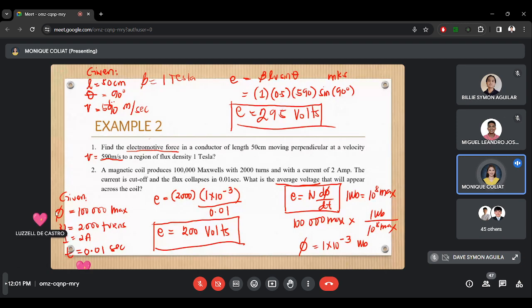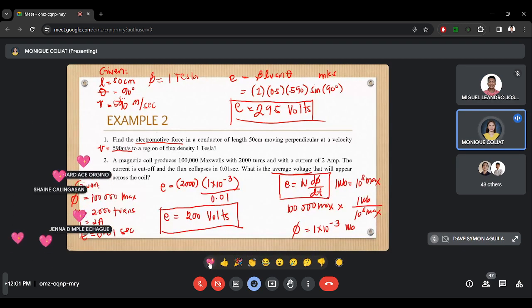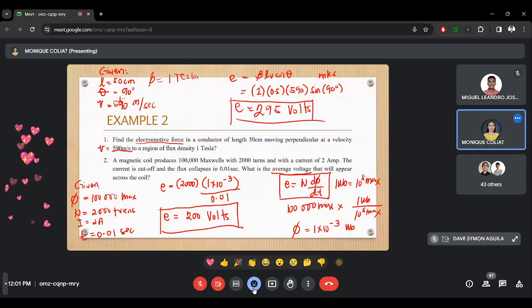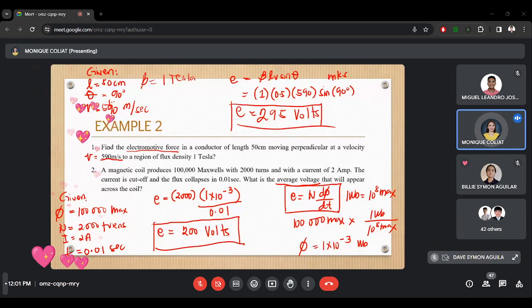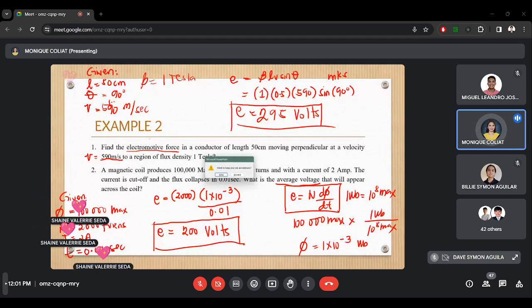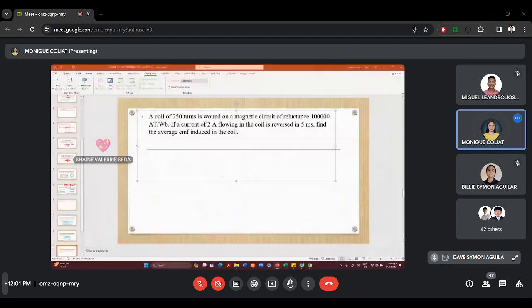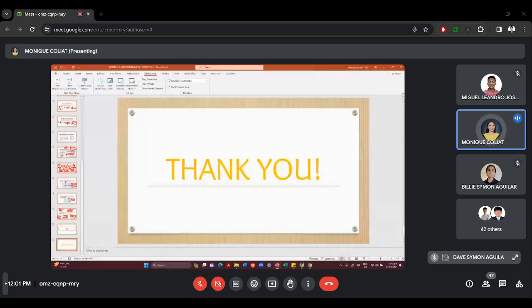Okay, so paki-take note ako ha. Take note all the things na wala dyan sa module na sinasabi ko. Okay? So, ayan. That's all. And that's the end of Module 3. And that's the end of Chapter